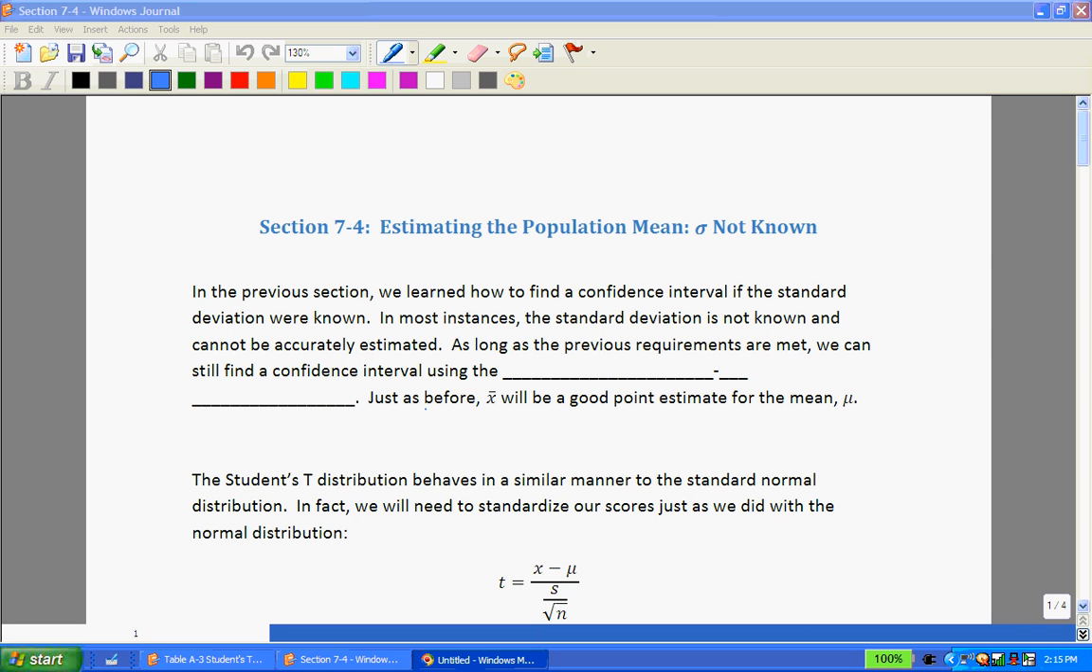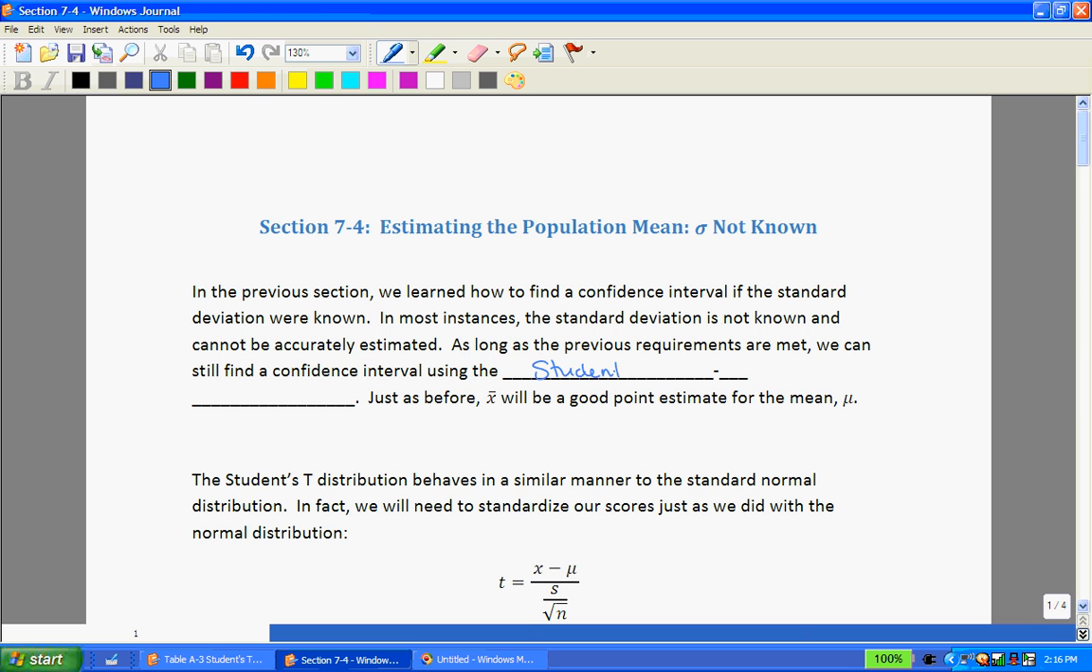Section 7.4, Estimating the population mean, sigma not known. In the previous section, we learned how to find a confidence interval if the standard deviation were known. In most instances in real life, the standard deviation is not known and usually cannot be accurately estimated. As long as the previous requirements are met, we can still find a confidence interval using